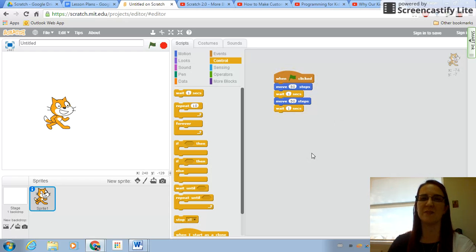I want him to do that 10 times. So I could copy and paste that code 10 times. That's pretty annoying and it's going to take a really long time. There's a faster way, and that is with this guy here. This is a repeat loop. So it says repeat 10, and I'm going to put the move 50 steps and wait 1 second inside of